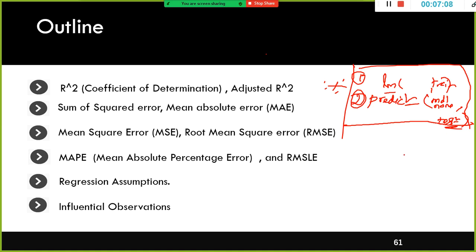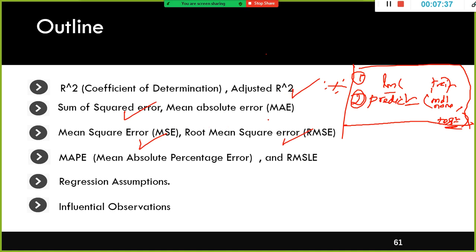Now we want to understand how well this model predicted. For that, which metrics did I show you yesterday that we are supposed to use? Karthik and others? Adjusted R-square for multiple linear regression. In addition to that, root mean square error, mean square error, and sum of square error.